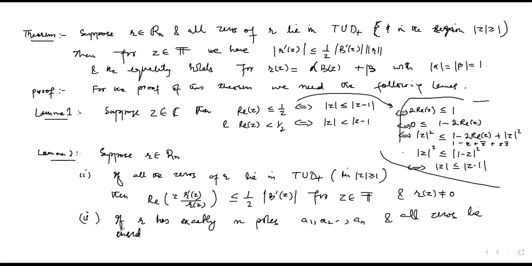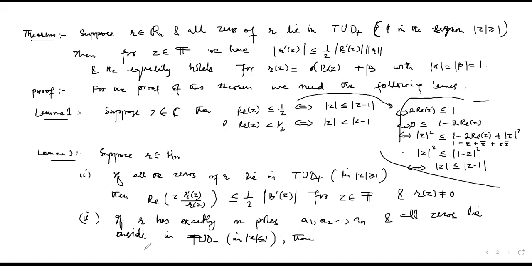Actually we need this lemma a little later, but since the second statement is proved together, let's keep it that way. That is, in the region modulus of z less than or equal to 1. This T is the bold T of the unit circle and D minus means inside of the disk. Then